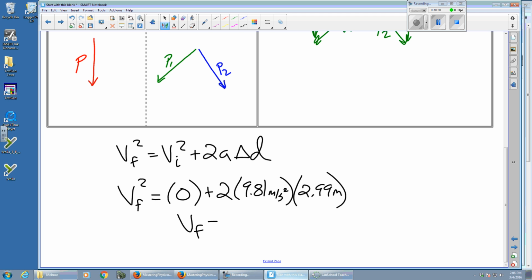And if I find V final here, that's how fast my firecracker was moving just before it exploded. Don't forget to square root it. So my firecracker was moving at about 7.66 meters per second just before it exploded. So now,